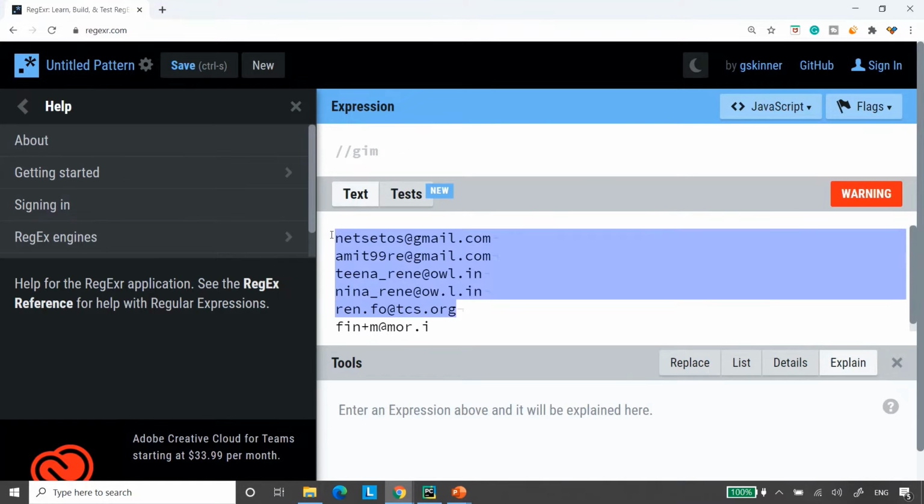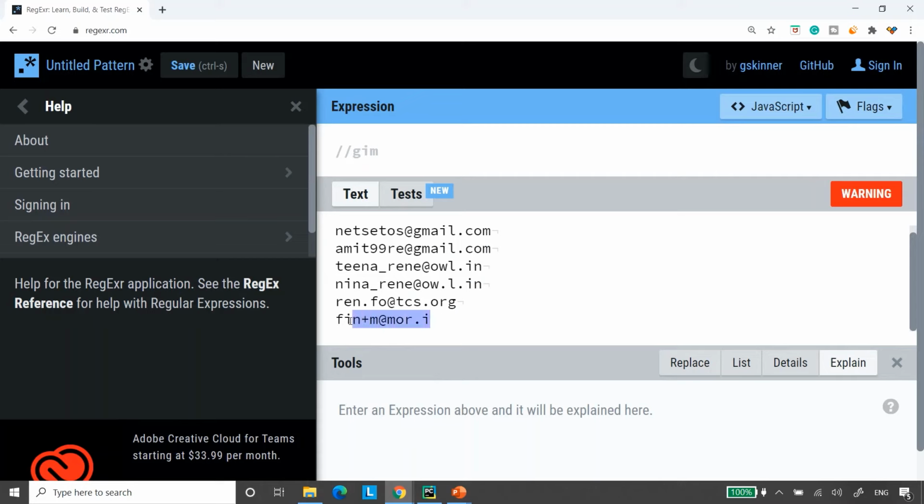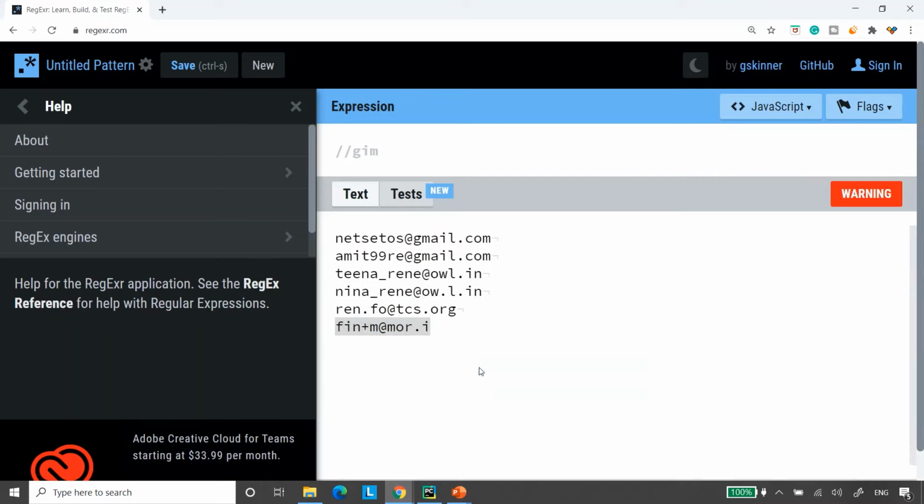These are valid email addresses, and one email address I have taken which is not valid. First of all, I want these letters to be matched, which contain letters, numbers, underscore, dot, and plus.